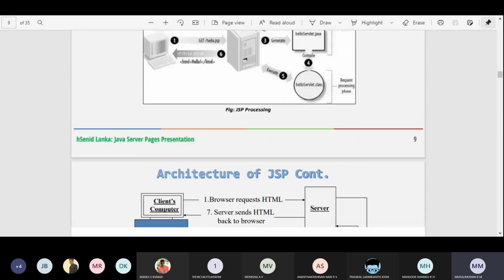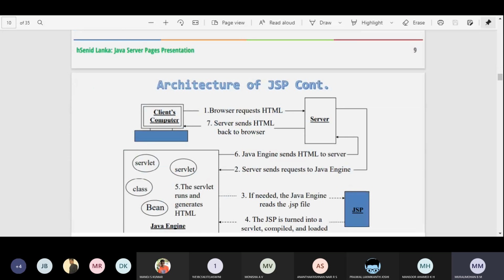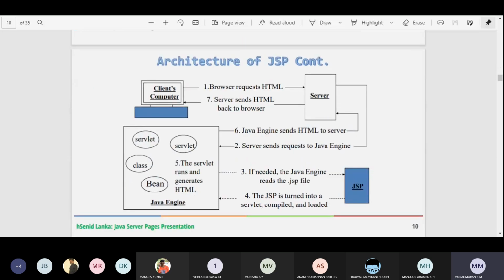Here, I hope you can understand the complete architecture of JSP. Just observe: the browser requests HTML, which means we are generating the request. We open the browser and request some page.